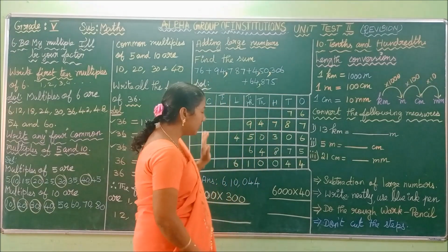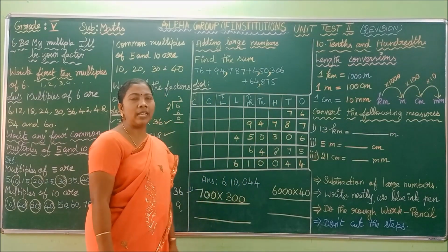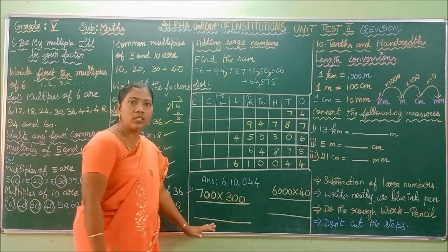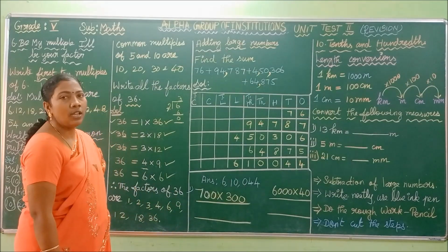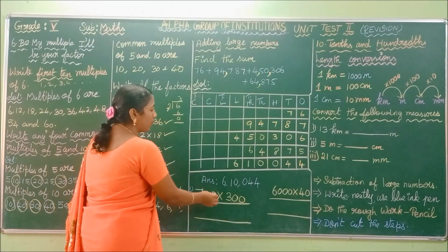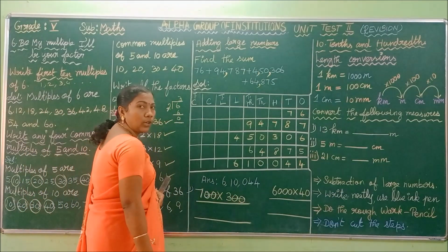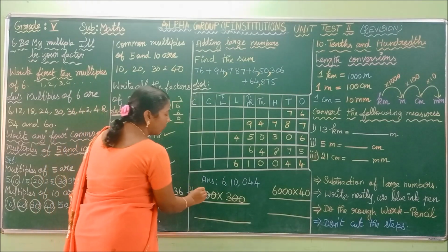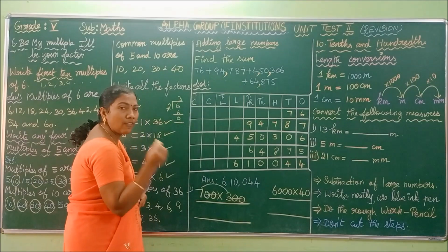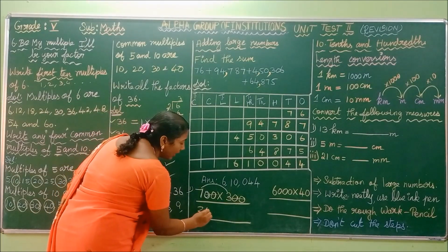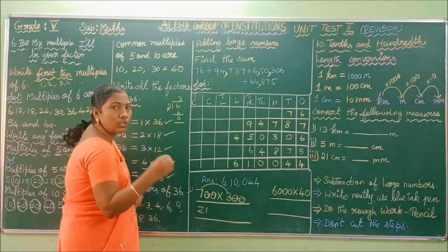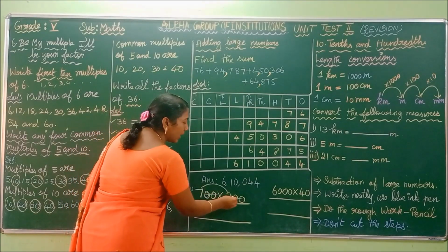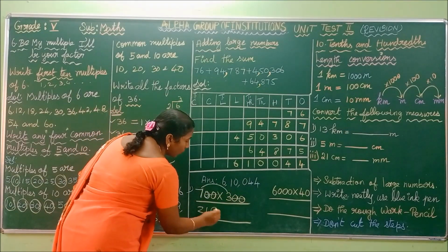See here, how can you multiply numbers ending with 0? I have told you already, you know the concept very well, but once again we are revising this concept. The first step is you have to forget the zeros and then multiply the remaining values. What are the remaining values? 7 and 3. 7 3s are 21. Next you have to add all the zeros you have struck out. How many zeros have you struck out? 1, 2, 3, 4. So you have to add 4 zeros.